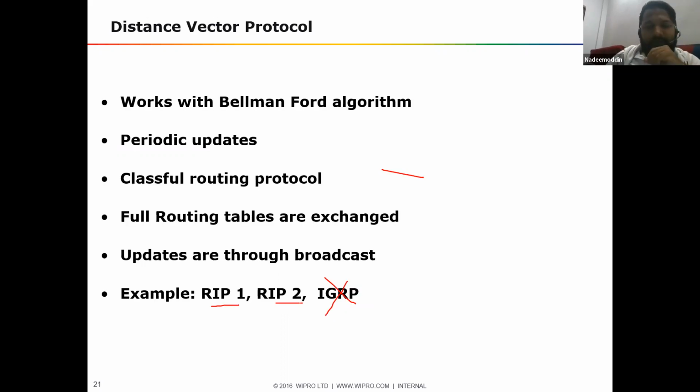This is a distance vector protocol where RIP is used. So if you see here, what will happen? In this topology, you have the USA router and the India router, with the India LAN, the USA LAN, and the ISP. If we run RIP here, this router will exchange its complete routing table to this guy, and this guy will exchange its complete routing table to that guy. So they will come to know each other.